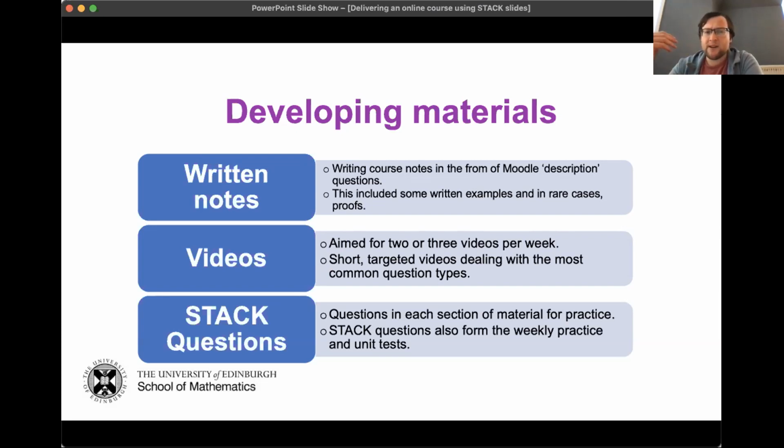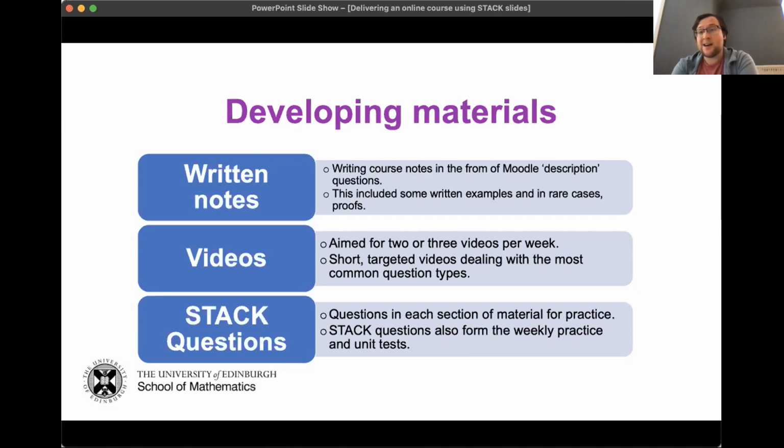And as I've said, this really was where I spent some time going through written examples, but in some rare cases, some proofs for things. The proofs were fairly minimal because, again, this was a foundation level course, but we did have a few things to do with that. In terms of videos, as I said, I aimed for about 2 or 3